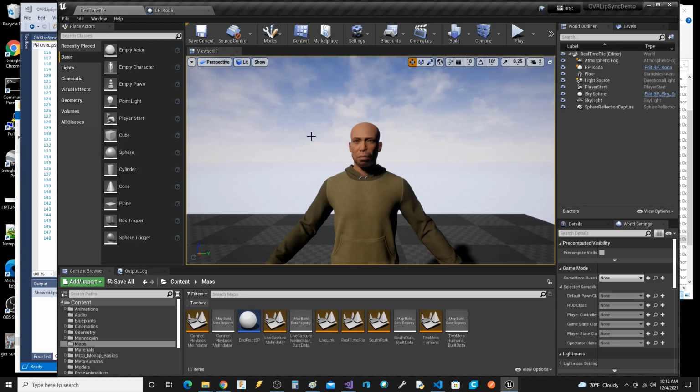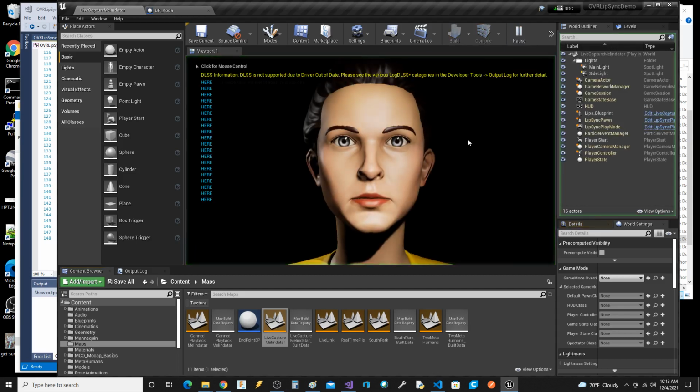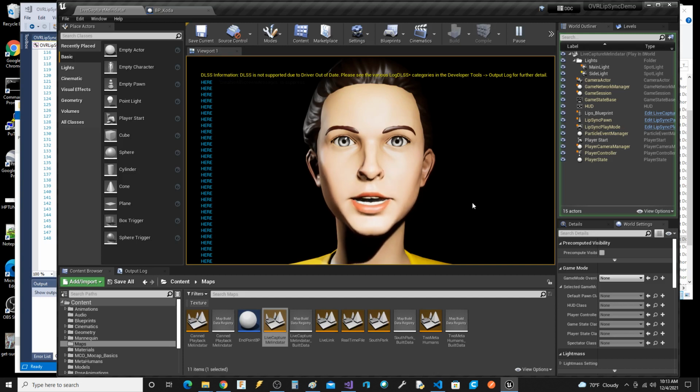And why I'm confused is that there's a lip sync capture, and I'm going to try this right now because there was another bug with this. Let's see if it'll work. Oh yeah, it works now. Yay! So this is the original Oculus example, and you can see it's tight. I mean, it's right on it.